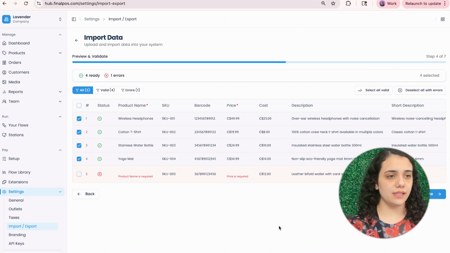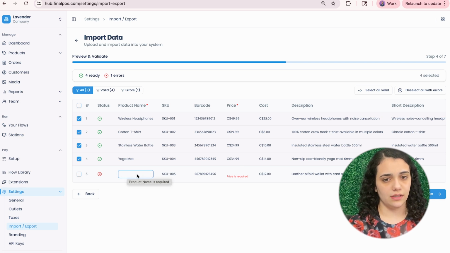So here you can see a preview of all your rows with a validation check. Most rows have appeared with a green check mark. However, any rows with missing required fields will be flagged. In this case, this row has a missing product name and price. You can either go ahead and manually enter those values over here, or you can just leave it unchecked and